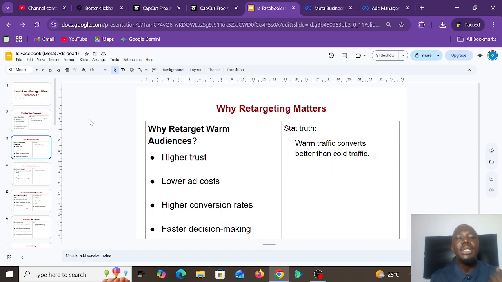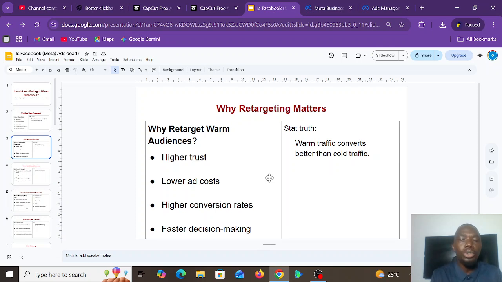The reason why you should retarget your warm audience is because it's going to increase the trust they have for you. Now, the fact that someone follows you or watches your content does not mean that they really trust you, right? But when you retarget them, you can actually create the trust deliberately. Number two, you are going to have lower ad cost.